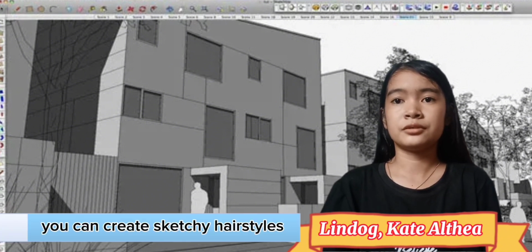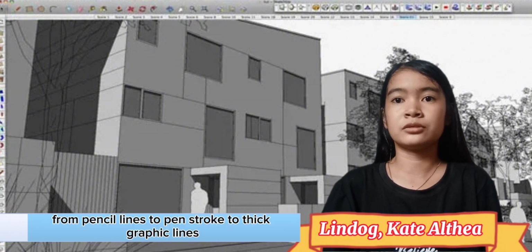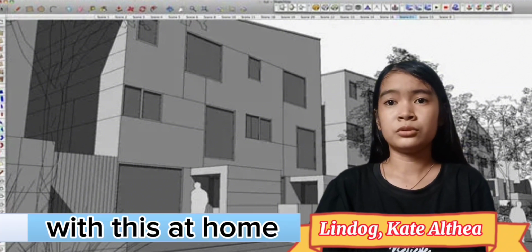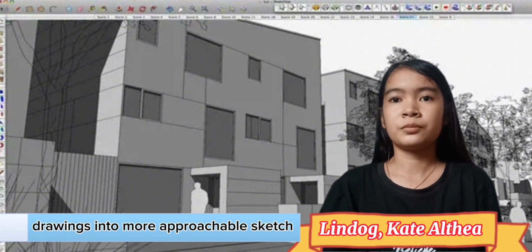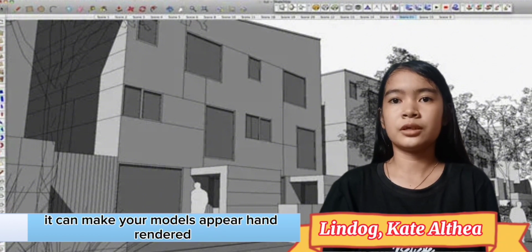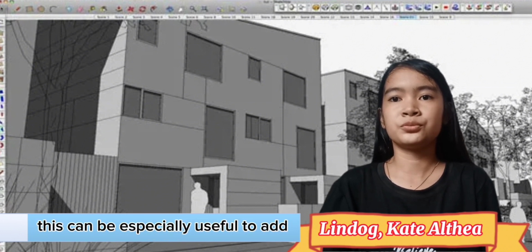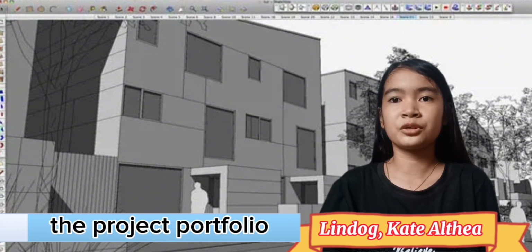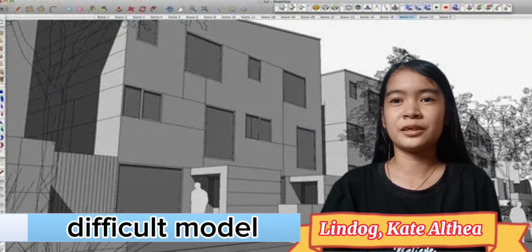You can create sketchy edge styles based on whatever you want, from pencil lines to pen strokes to thick graphic lines. With this add-on, you can turn your hardline computer drawings into more approachable sketches. Essentially, it can make your models appear hand-rendered, giving your projects a more personal touch. This can be especially useful to add to a project portfolio, giving clients more than just the typical technical model